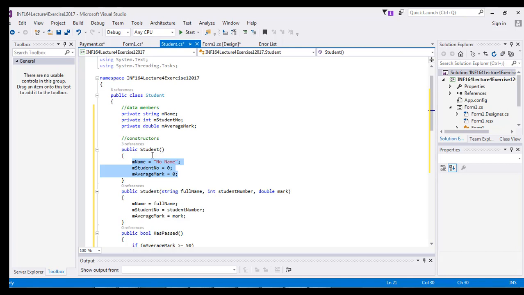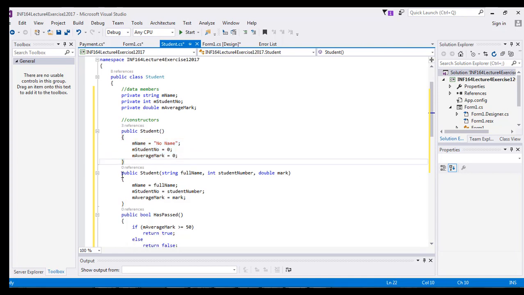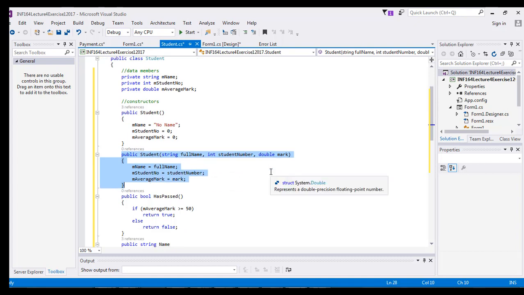If you just call the constructor without any parameters, it will initialize the data members to these values. If you call this constructor, it has the same name, but can you see here we have 1, 2, 3 parameters. Then you give the full name, student number, and mark, and those values will be assigned to the